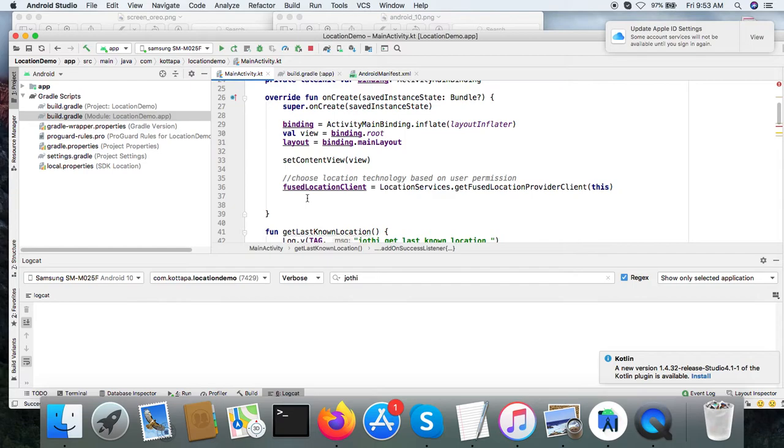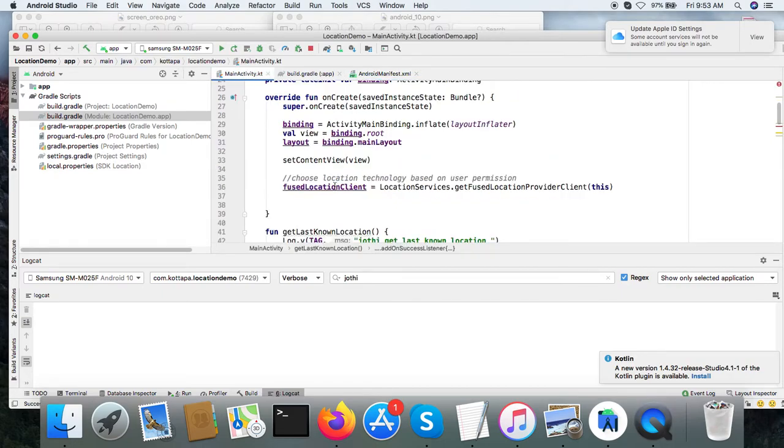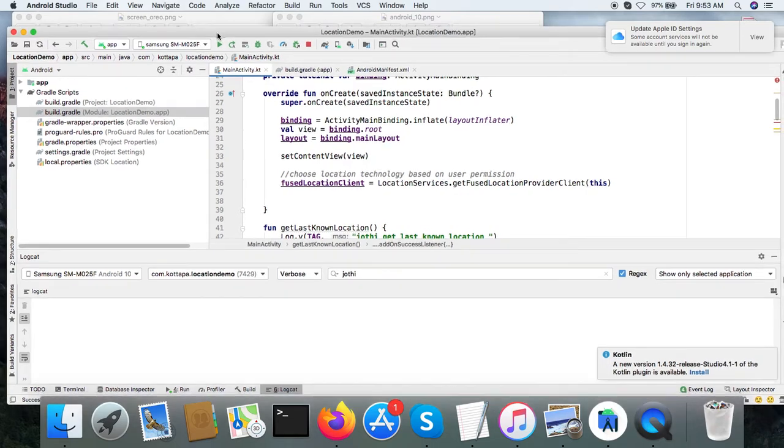It can also read the location information from the built-in GPS receiver. So example, for my this demo I am using access fine location permission, so it may read the location information from the GPS module instead of Wi-Fi or a cell tower.